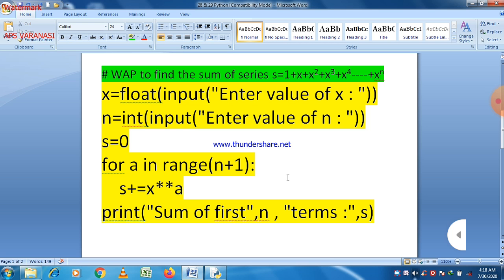So s will be printed. Always remember that when we print a statement outside the loop, the last value that was a part of the loop will be printed, and here the last sum will be printed, whatever the last sum is. So this is a very simple program.